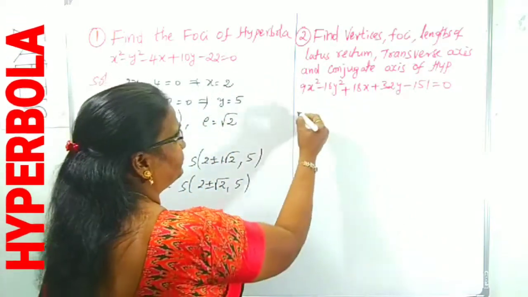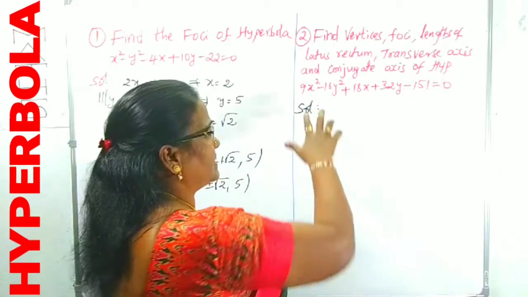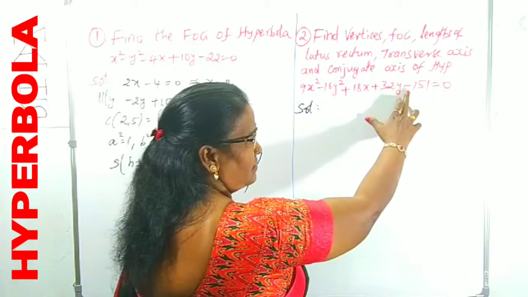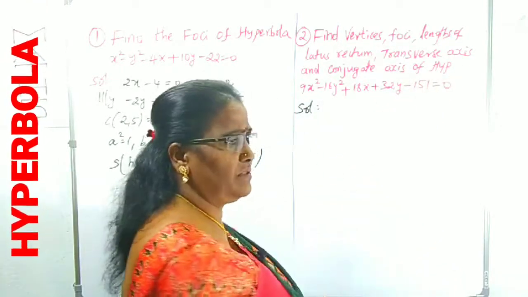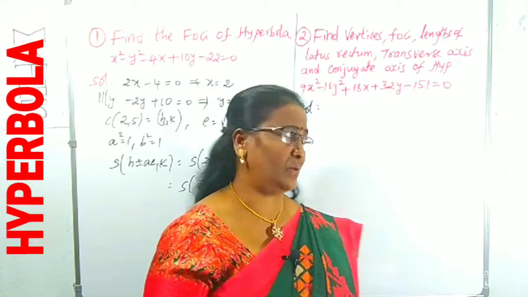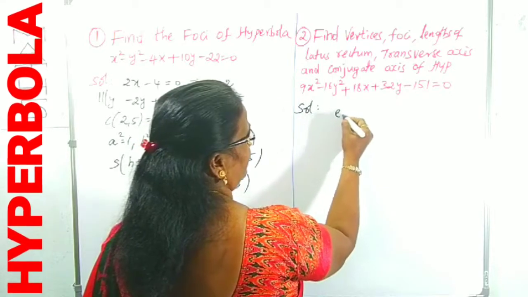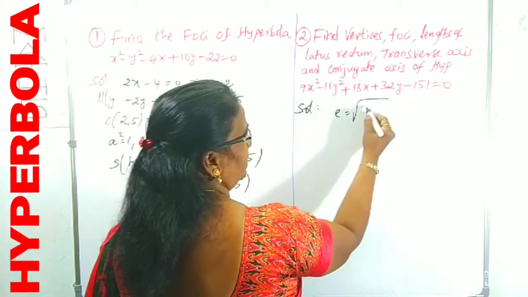In the same way here also, we can recognize the type. What type? An x square term minus a y square term is there. Minus 151, when taken to that side, becomes plus 151. It is clearly a transverse hyperbola. Okay, for this one we first collect e. E is what? Root over, what is that?